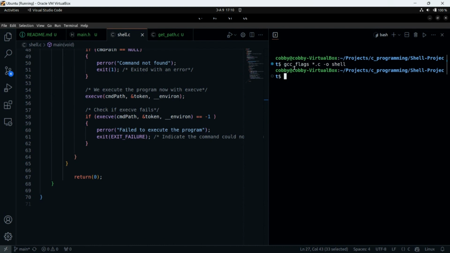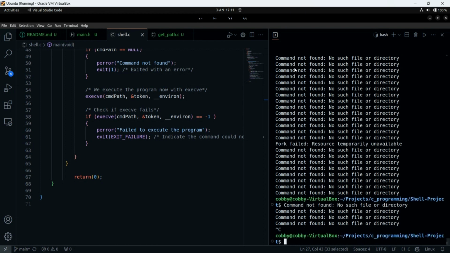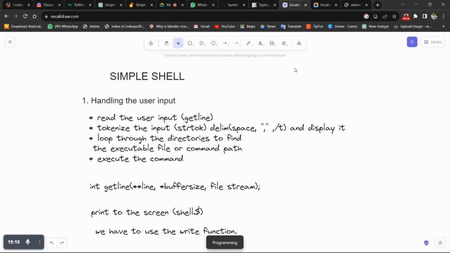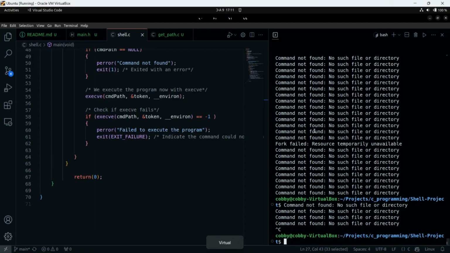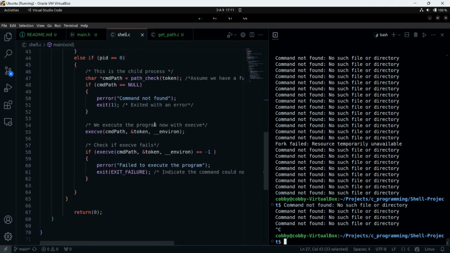Okay, so listen. When you run ls, are we supposed to get command not found? Ryan, I have a question for you since no one asked. What are we doing wrong that we are getting command not found?